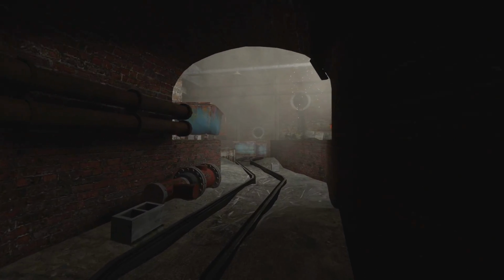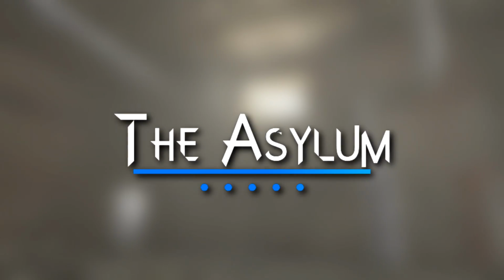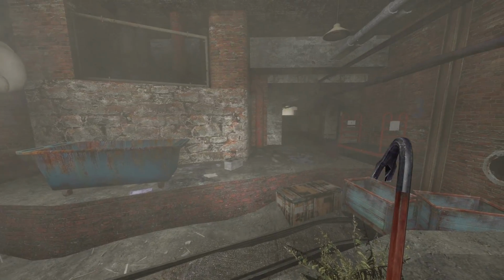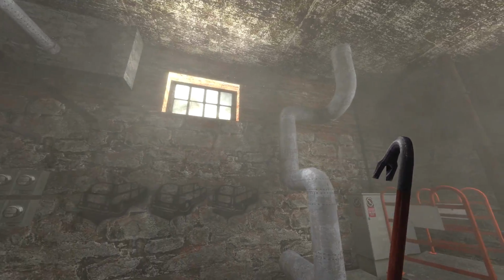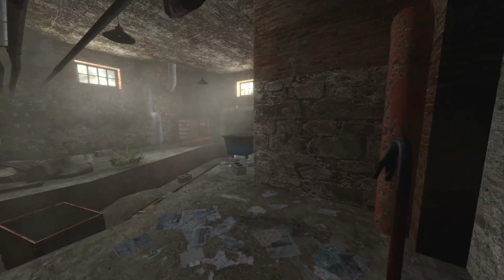Today we're going to take a look at a very detailed map that just oozes atmosphere. This is the Asylum. And boy oh boy do we have a lot to take a look at. This map is jam-packed with some really cool stuff, and it's going to start you off in this tunnel,